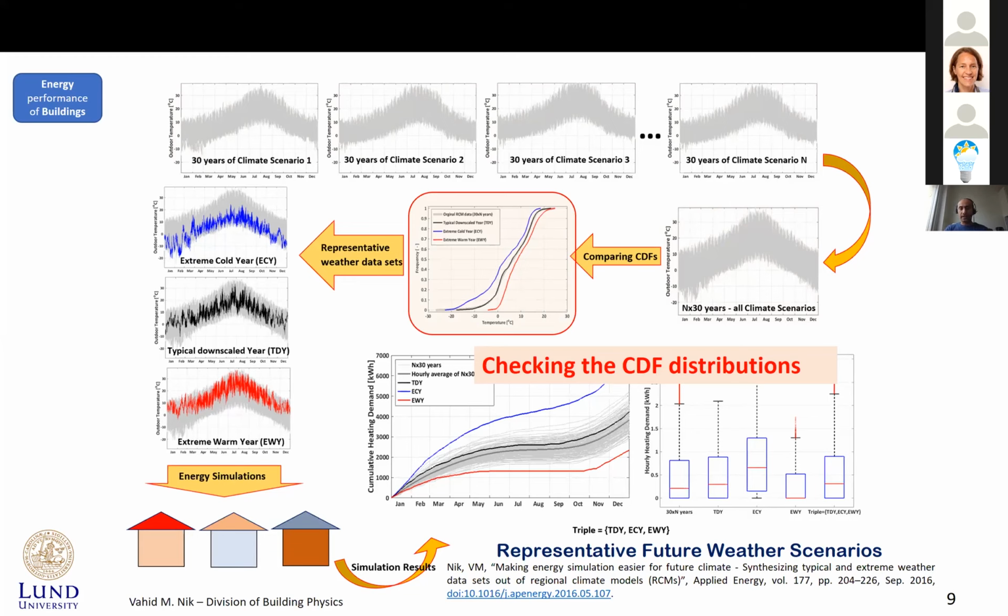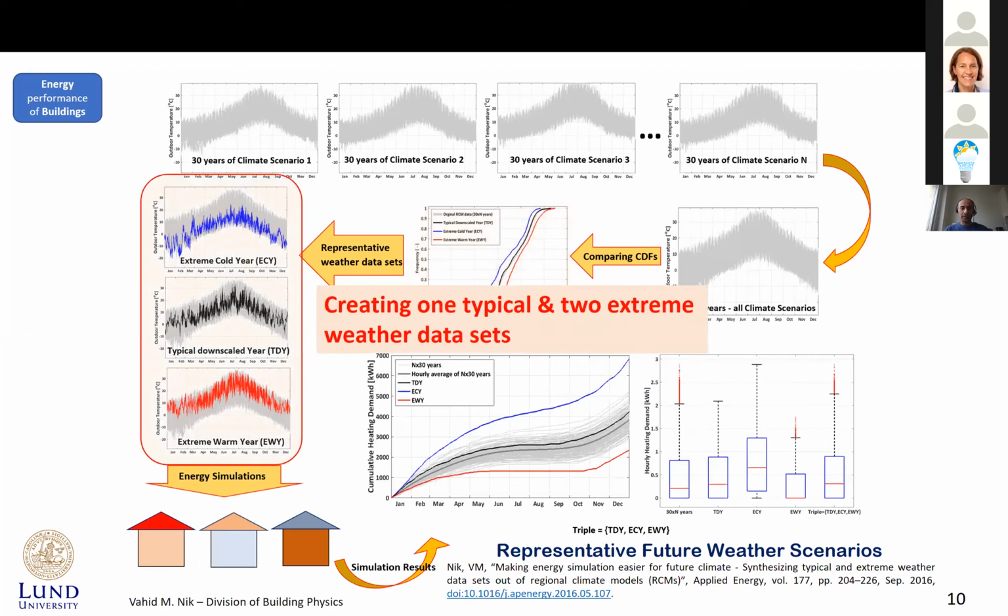One will be the extreme cold months, the other one will be the extreme warm month. Then we select all the typical and extreme cold and warm months, and then we stick them together. Then we will have 3 years. One is typical year, one is extreme cold year, the other one is extreme warm year, as you can see here in this part. So then we use these 3 data sets instead of 390 let's say years of data